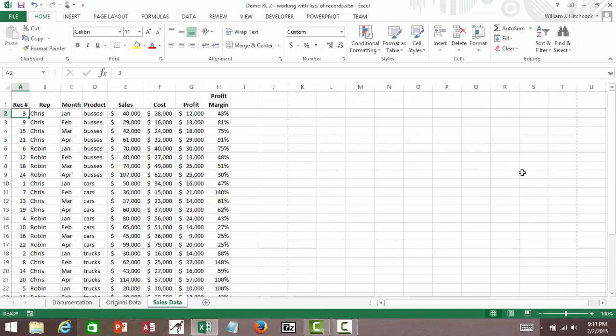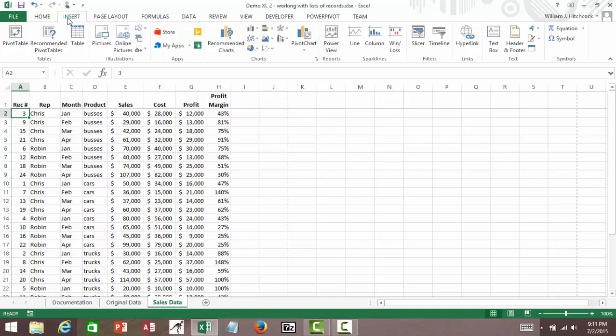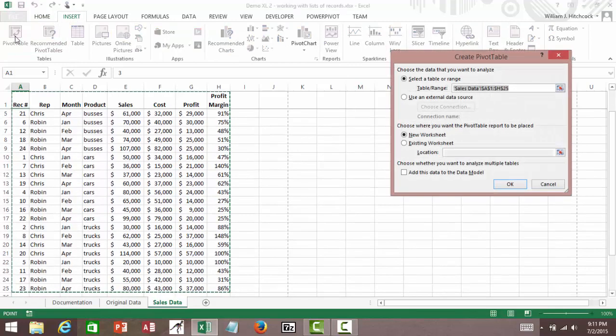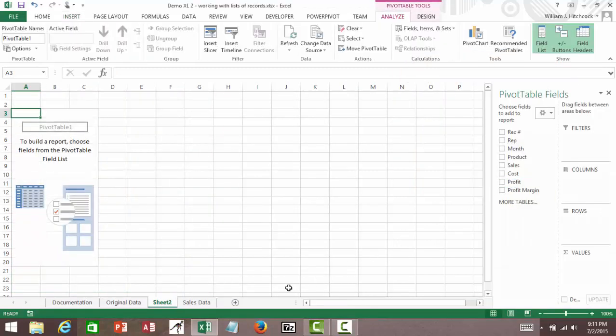Okay, a few other things that we can do with this. Now that I'm in my list of data, I'm going to choose Insert, Pivot Table. I'm going to walk through this dialog box that just runs us through what it is that you want to select. Do you want it on a new sheet? Yes, I do. So I'll hit OK. It creates a pivot table. I'm going to move that sheet to the very end of my worksheet, rename it, and call it something like Pivot Summary,